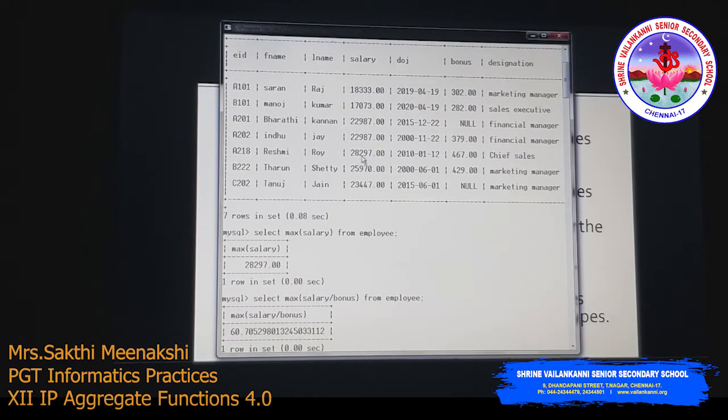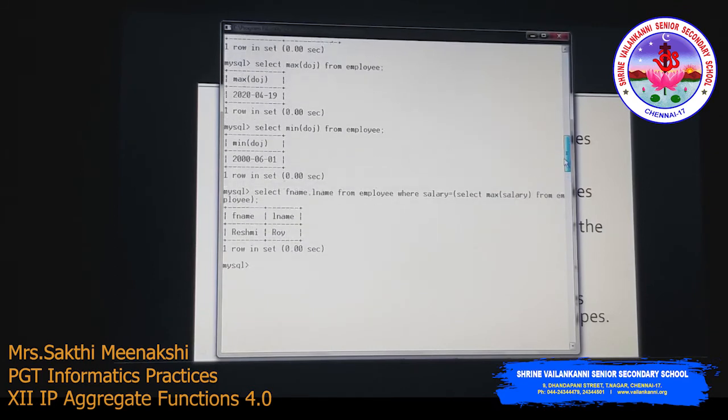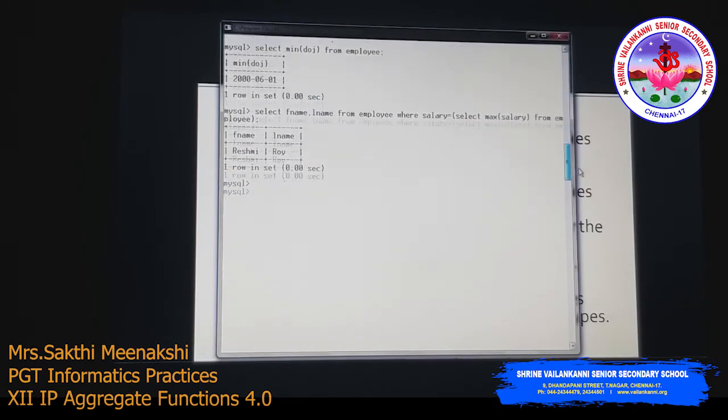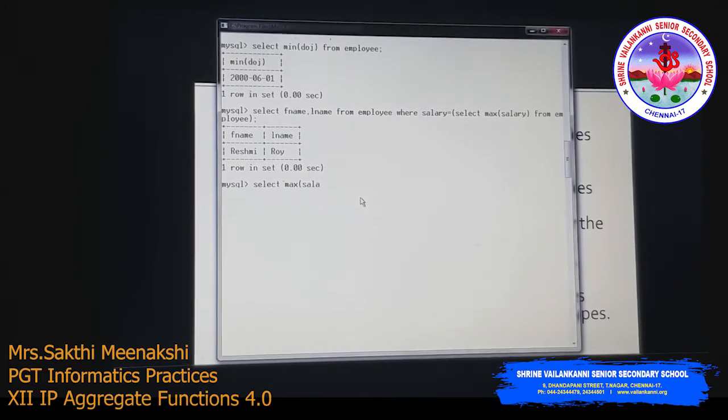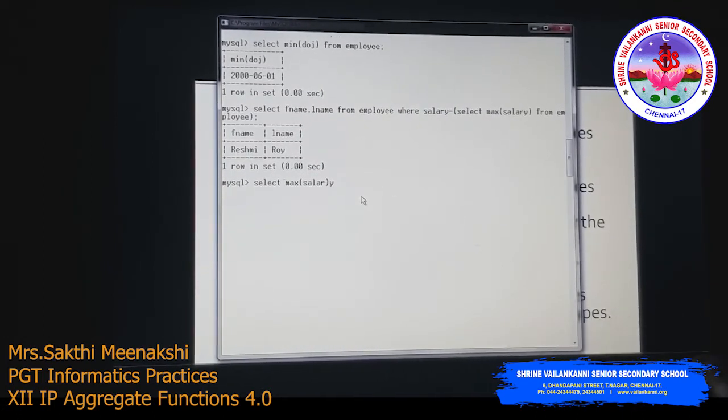So 28,297 is the maximum salary. The person who is getting that one is Reshmi Roy. So this is called nested query, query within the query. And then we can use this along with any other conditions, right? Select max of salary from employee where L name like.